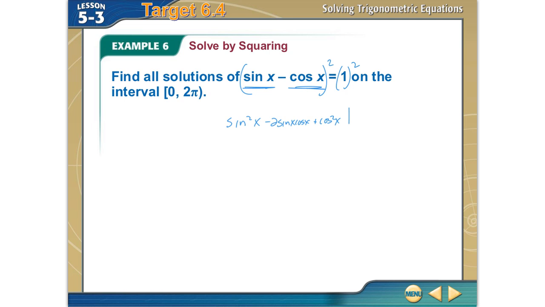So it gives me that term that has both a sine and a cosine in the middle, which is going to be too difficult for us to deal with. So instead, if we get sines on one side and cosine on the other side,